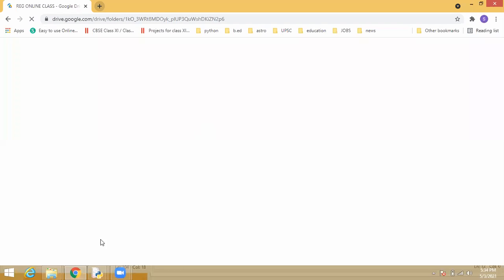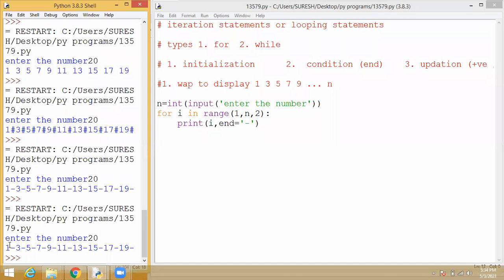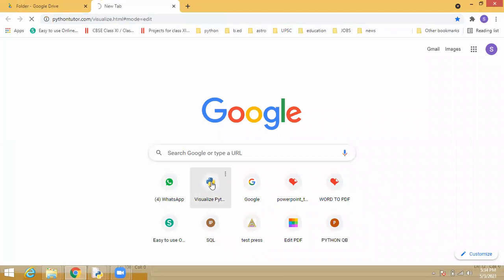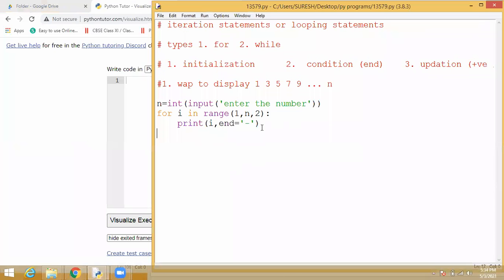Okay. So the only difference, see, here we got output for all the iterations at a single time. Within the same time, we are getting output for everything. But with the tutor, you can see the difference. That is, every iteration you can feel the output, how the output changes like this. If you have doubts, you can check.